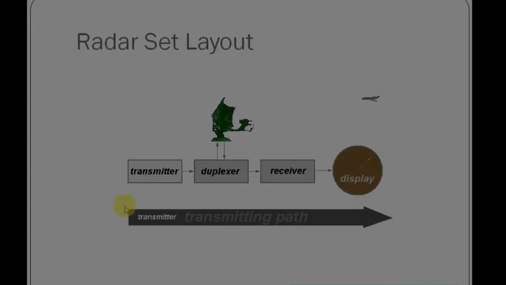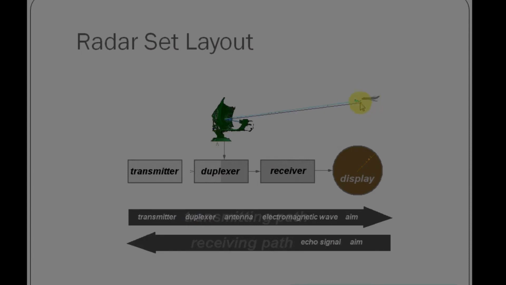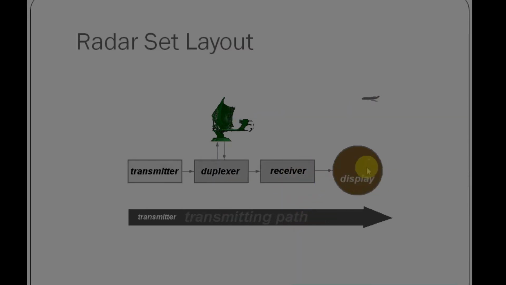Second, the block diagram. In this block diagram, this is the transmitting side, the receiver side, and the duplexer side. In between the transmitter and receiver there is a unit called a duplexer, which gives the high power signal to the antenna and takes the low power echoes and provides them to the receiver side. When it is transmitting high power pulses, these go to the target, the echo is received, and that echo is processed through a DSP processor and displayed on various screens.